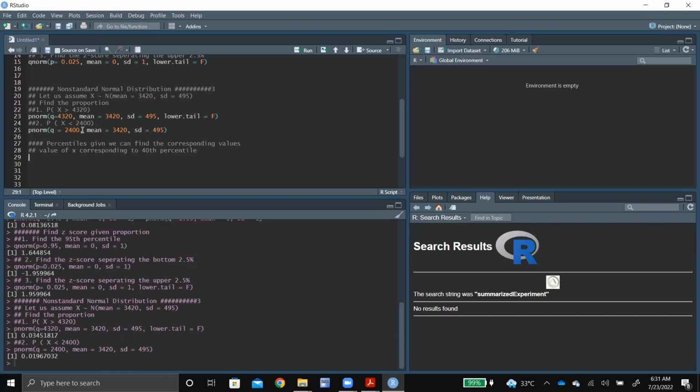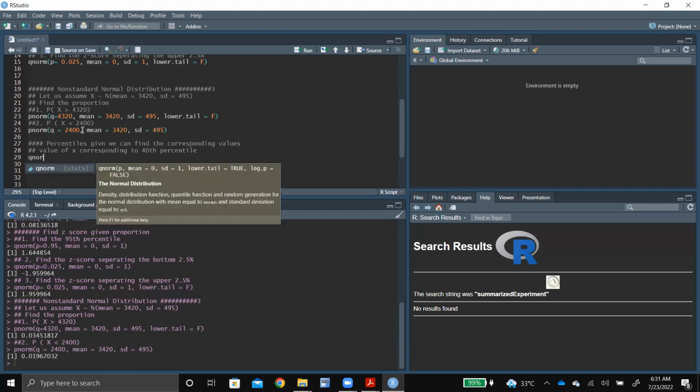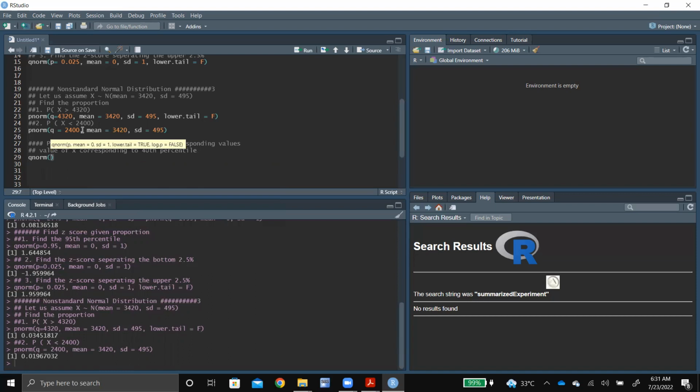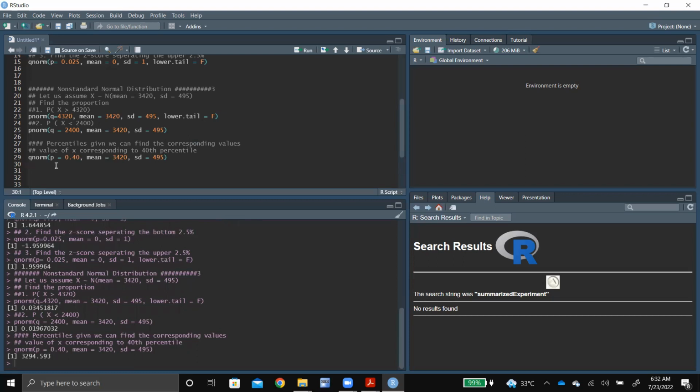To solve this, we can again use the qnorm function. So qnorm always gives us the quantile. With qnorm, we are looking for the value given the proportion, and the proportion given to us is 0.40. So qnorm, p equal to 0.40, and again we have the mean, for this part it is 3420, and the standard deviation is 495. So the value of x corresponding to the 40th percentile is